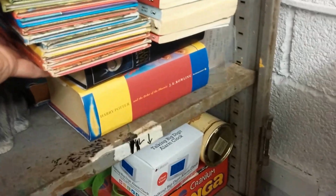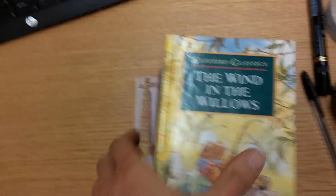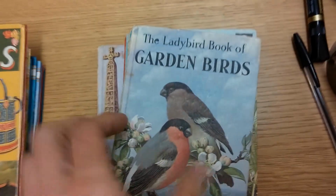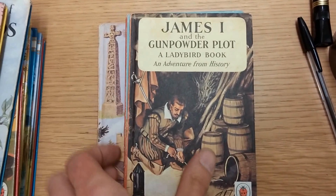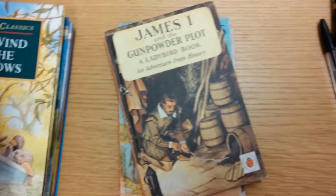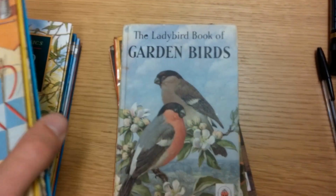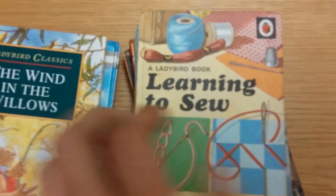Oh, something else to look out for. These old ones, if I can get them. Let me move that. What we got with our bulk books, which I hadn't looked at before, is old Ladybird books. The Ladybird Book of Garden Birds, Pond Life, Learning to Sew. But these old Ladybird classic books, they sell very, very well. I was looking, and one of them on their own,